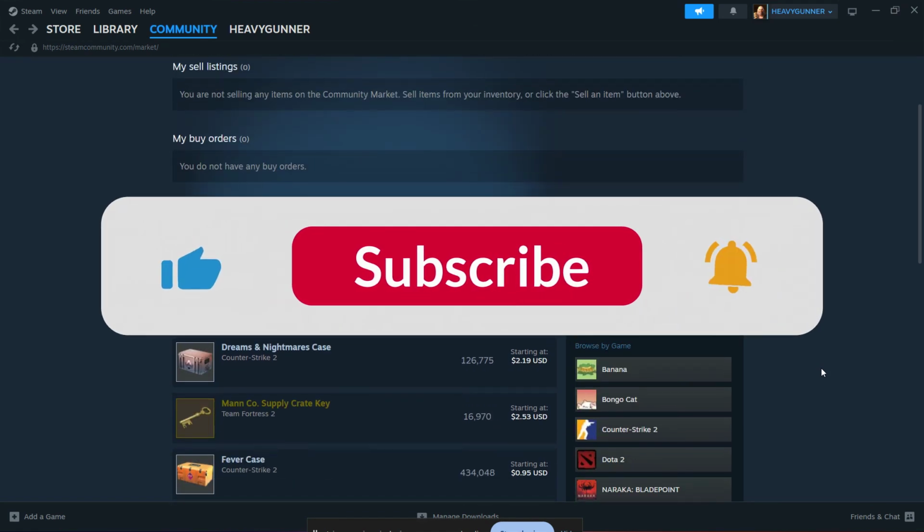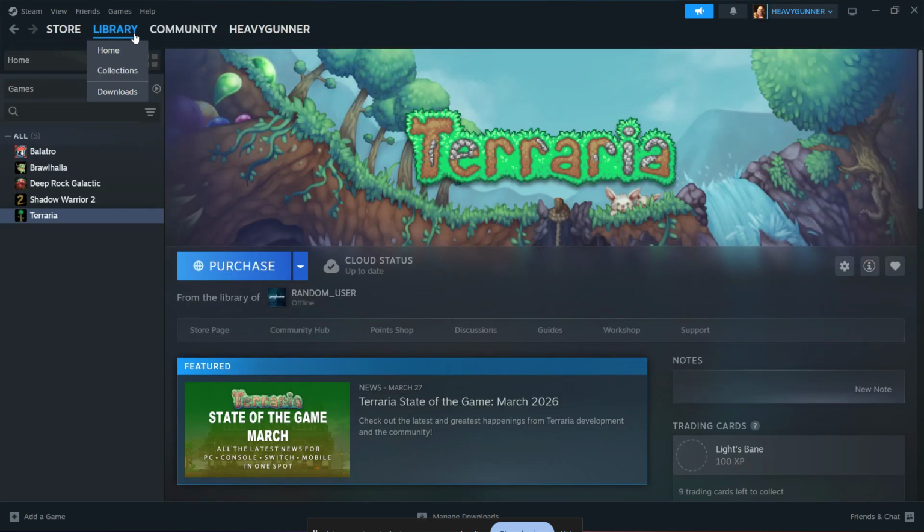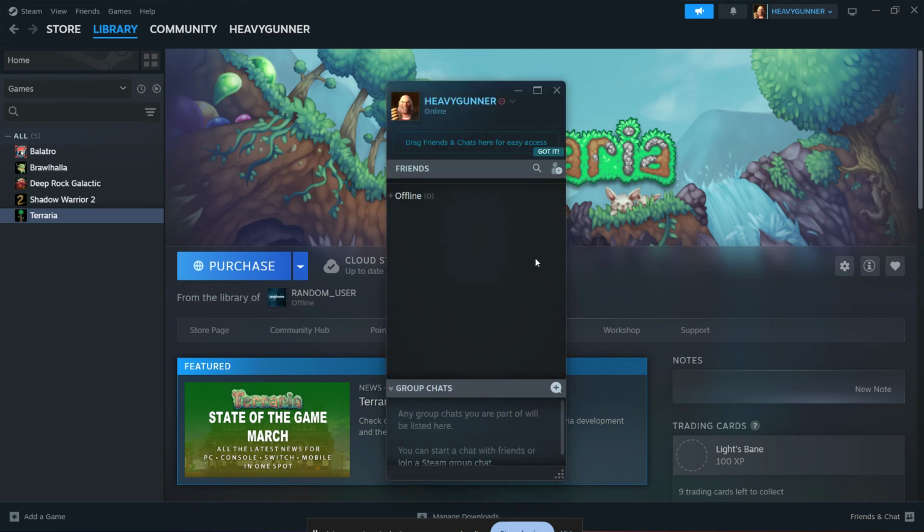First, let's check something very important. Whether your Steam account is limited. Steam uses limited accounts to reduce spam and prevent abuse. And if your account is new or hasn't met the required purchase amount, you may not be able to send friend requests yet. To unlock this, Steam usually requires at least $5 or your local equivalent to be spent in